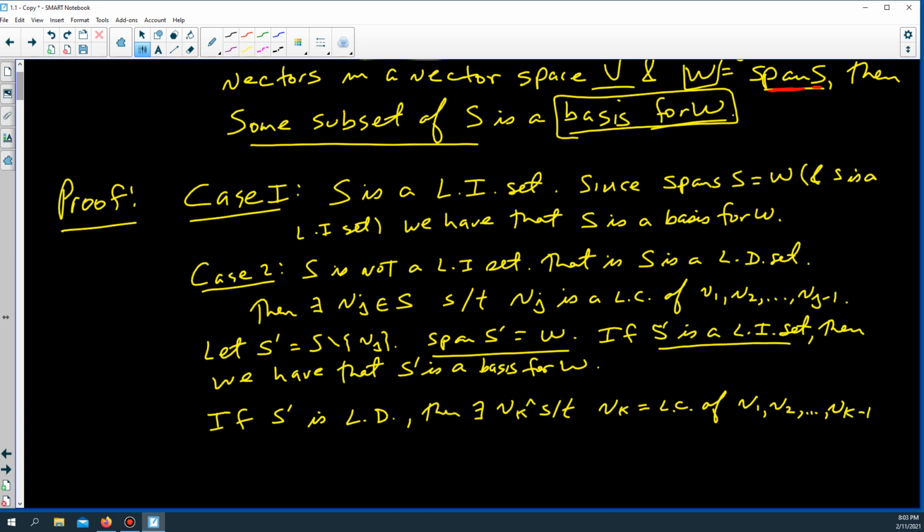Let me say here, k is bigger than j, j being the index from the step before. Okay, so now